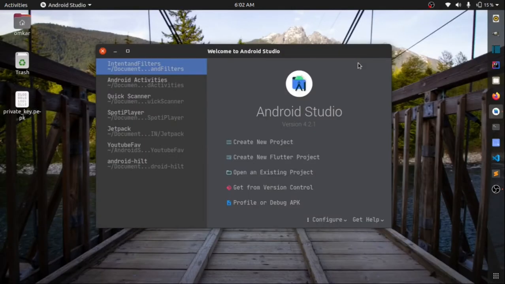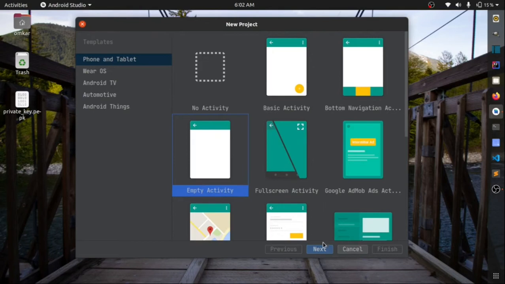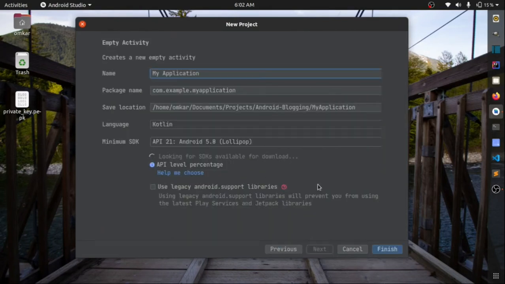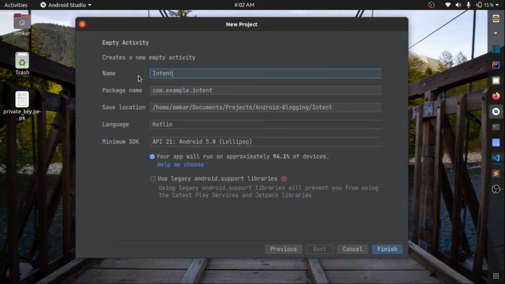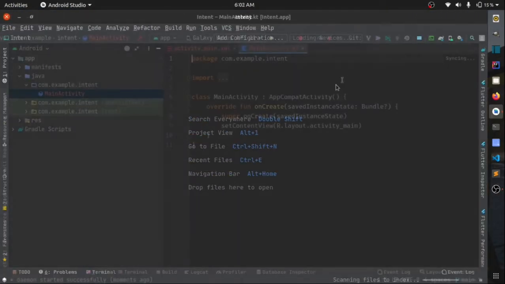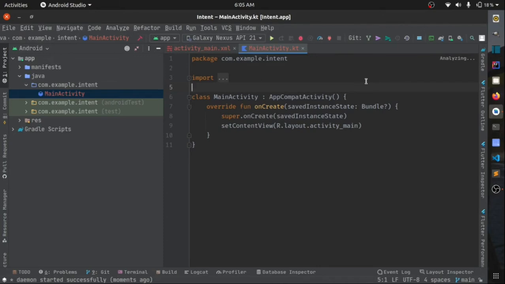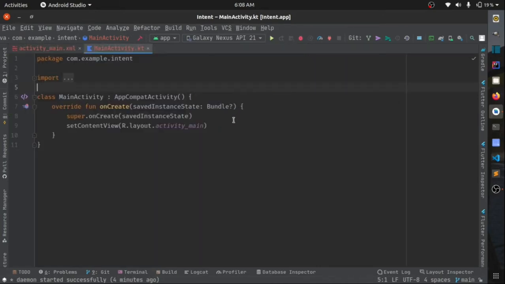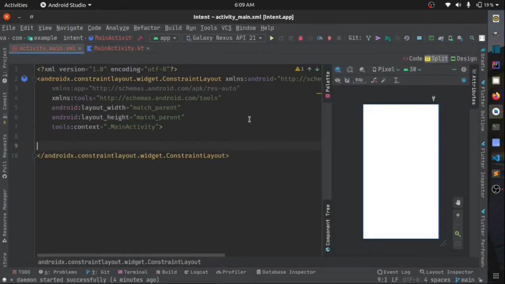Now that Android Studio is open, we'll create a new project and select an empty activity, name it intent, and just hit finish. Now that Gradle has finished building the project, let's build a simple layout by navigating to activity_main.